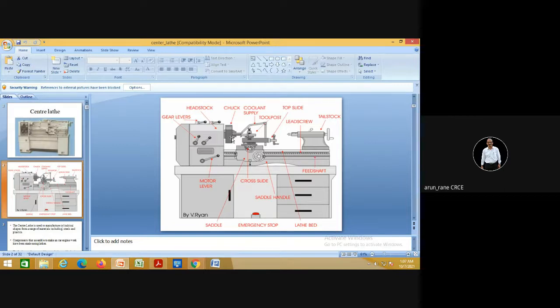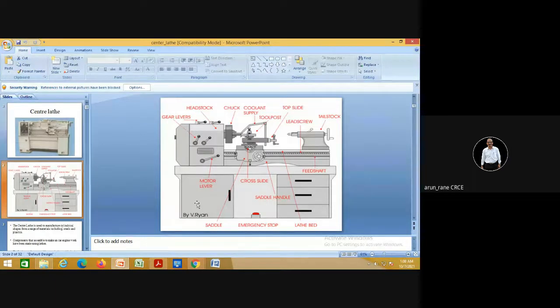Otherwise the accident will happen. So from the motor, the drive is given either through the belt, that was initial in the beginning. Then in the belt drive there is a lot of problem of slippage, so the belt drive was replaced by chain drive. Again, in the chain drive, there was a problem of slippage and transmission ratio, so the chain drive was replaced by geared drive.